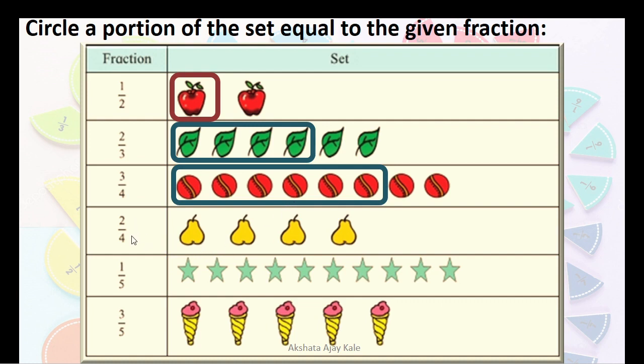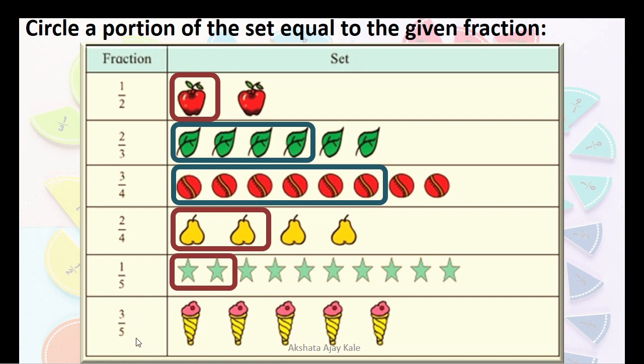Okay, this is very easy. 4 single sets. 4 are there. Out of 4 we have to show 2. We have to select 2. Correct? Now here stars are there. How many stars are there? 2, 4, 6, 8, 10 stars are there. And we have to make 5 sets, meaning 2 in each set. Okay? 2, 2, 2 like this. Then how many do we have to select? 1 set we have to select. That is only 2 stars.